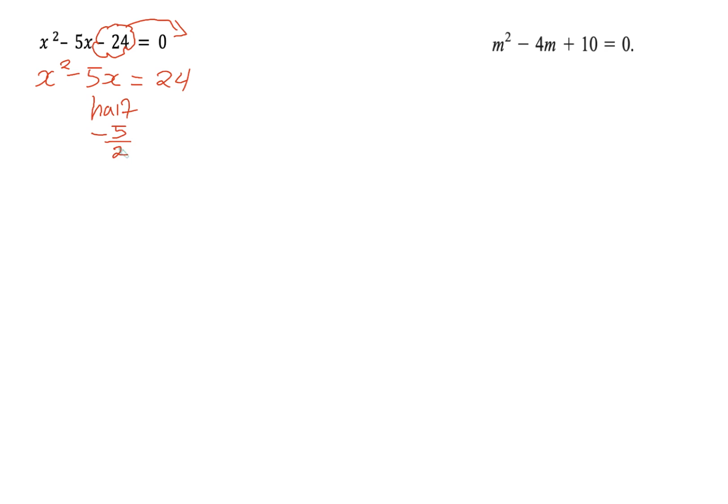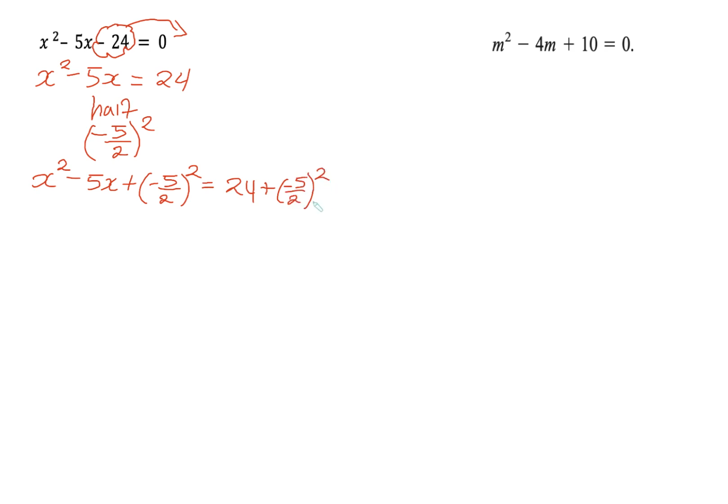This is where students get scared because they don't like fractions. So when I half -5, it's -5/2 because it can't divide evenly. And remember, we got to square it. And we're going to add it to both sides. So this will be x squared minus 5x plus, and this will be (-5/2) all squared. And remember, we're going to have to add it to the other side. So this will be 24 plus